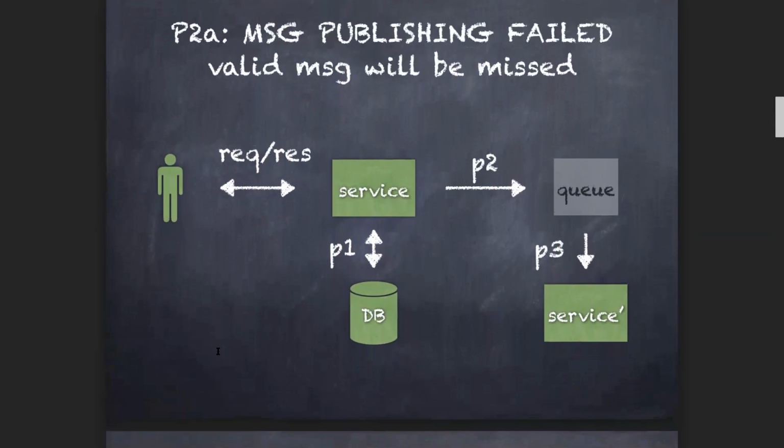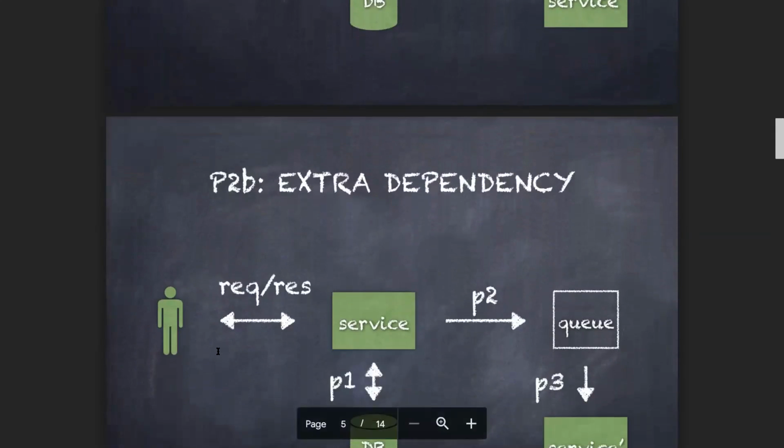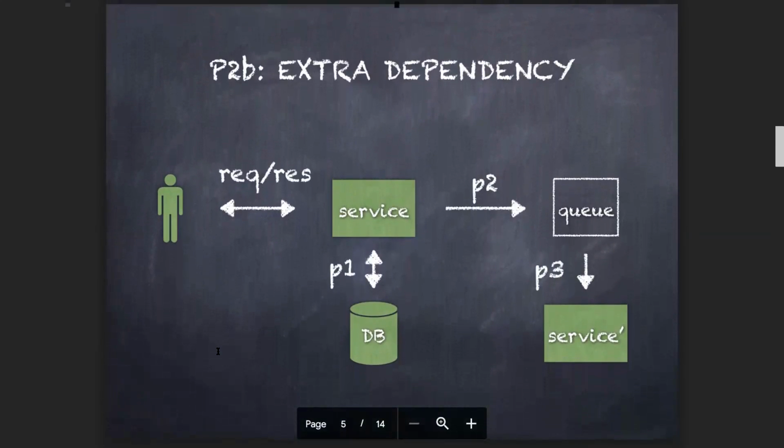The other problem with the queue is that actually our business logic should not depend on the queue. Adding the dependency on the queue just slows down the business logic inside my service. For performance testing, I hit 1,000 requests into my service.